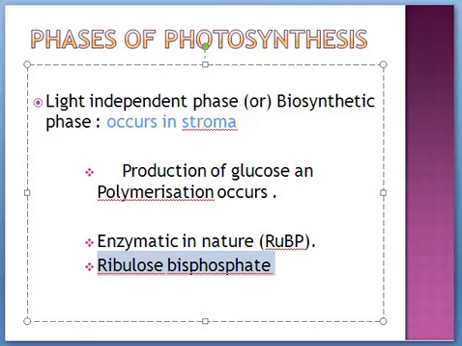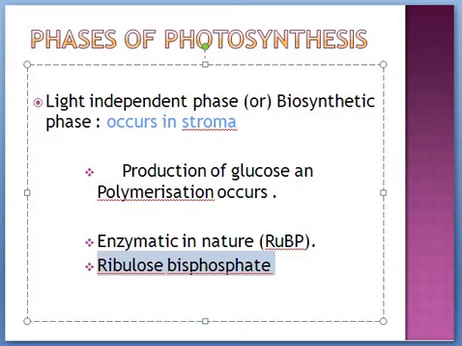This is given in the not-in-syllabus column in the book. You can note only about ribulose bisphosphate. You don't have to learn the other facts connected with that. You don't have to learn, but you can read. I won't deny you from reading. You have to read to get your knowledge a little bit extra. So ribulose bisphosphate is the enzyme which is found very abundantly in almost all the organisms.